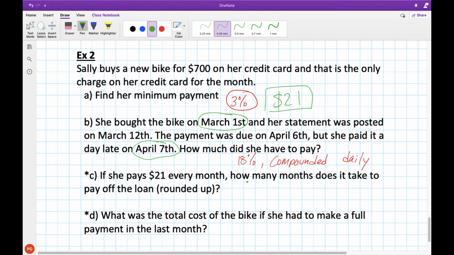paid for it. So in this example, if Sally was a little bit more diligent and she paid it 1 day before, there would have been 0 interest charge and she would have only paid $700 for her bike. But as we'll see, there's actually going to be a lot of interest that they charge retroactively because you were late on your payment. So we need to figure out how many days are there between March 1st and April